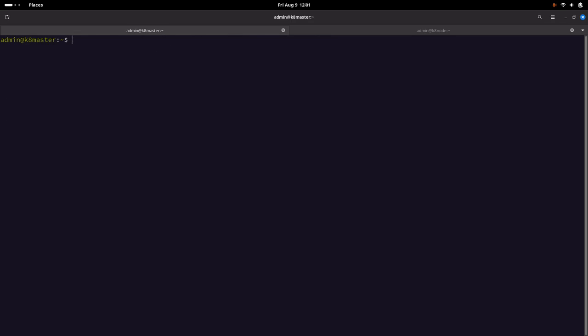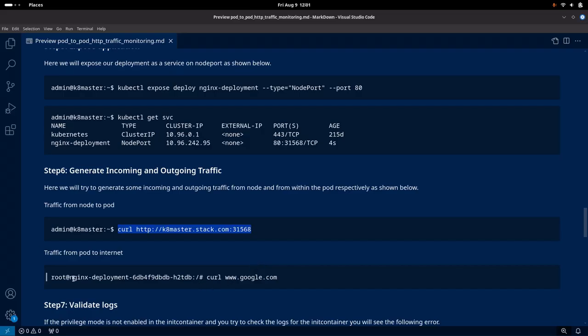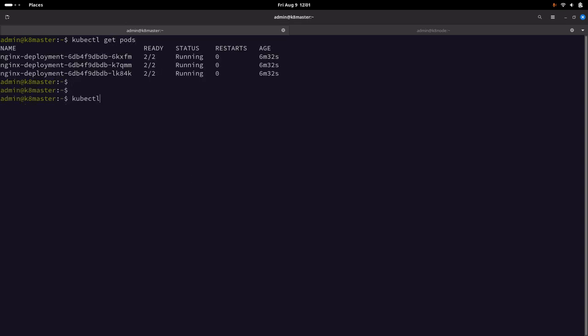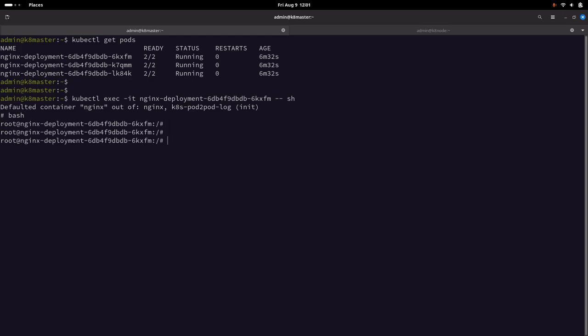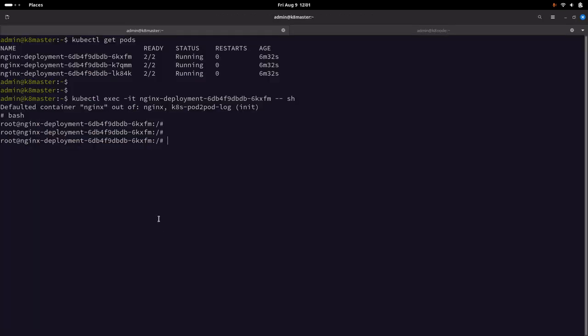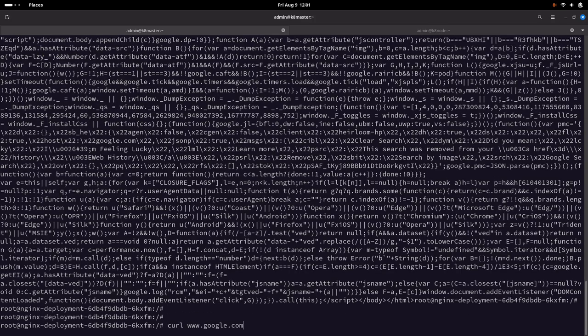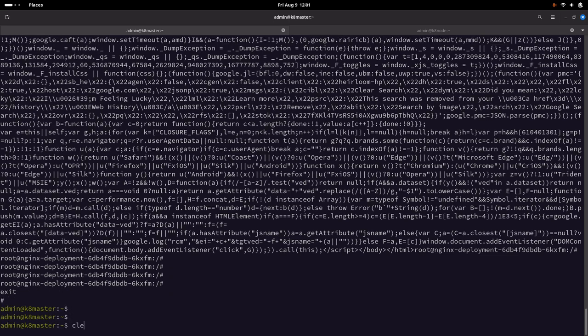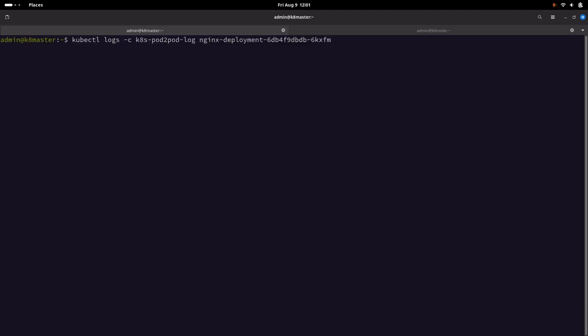So let me clear my screen, and now we will try to go into the container. Let me go into the container and get a shell for this. Now from this container, we will try to access an external service. Let's say I'm trying to curl google.com. You can see we are able to get a response. Now let me get out of the shell and check the logs for that container again,